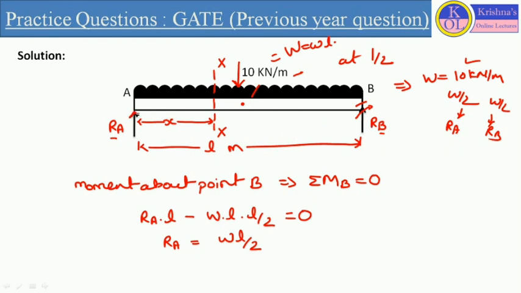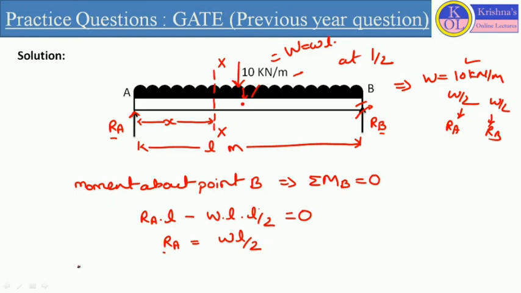At that point we will consider the moment as 0, and the rest of the vertical loading we will consider. Let us consider vertically upward load as positive. So it will be RA into the perpendicular distance from point B, so RA into L. And this load is vertically downward, so it will be minus W into L, that is 10 kilonewton, into L by 2. The point of concentration for this load will be at half of the distance, so it will act at L by 2 distance, equal to 0. So the RA value we can calculate as WL by 2.